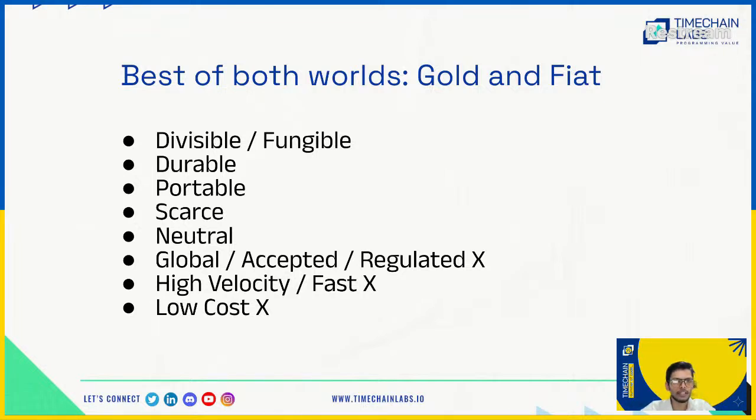Gold is not portable. It didn't solve the portability problem, and that's where fiat really beat it, because it was more easily portable. You can easily transport paper and give it to somebody, and price things for a smaller amount, rather than having the risk of gold and so much cost involved even in pricing small things. So fiat currencies, or paper currencies, have their own benefits. They are able to price things at a very small level. They're able to even price things and move things at a high velocity, because they are able to have many different transactions.